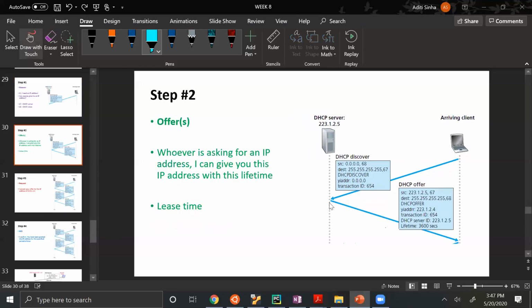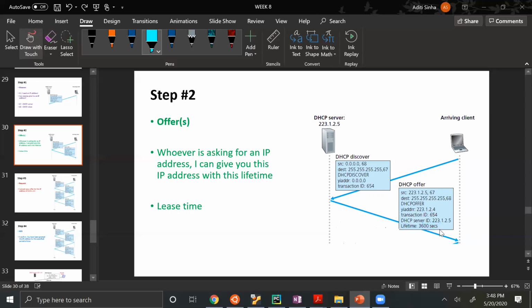And so it will give back an offer, which is called a DHCP offer, wherein the your IP address field that was empty earlier will now be filled with an IP address that is available for assigning. So this IP address, 223.1.2.4, is available and can be assigned to this arriving client. So this is how the DHCP server gives an offer to the client. Along with this offer, there's also something called a lifetime, which is the lease time of that IP address.